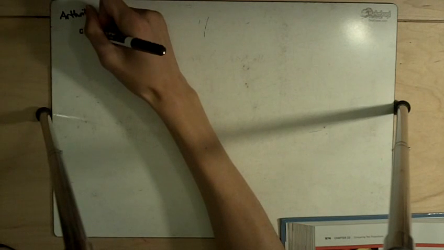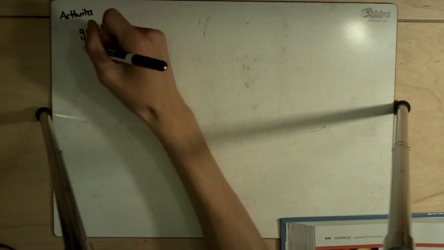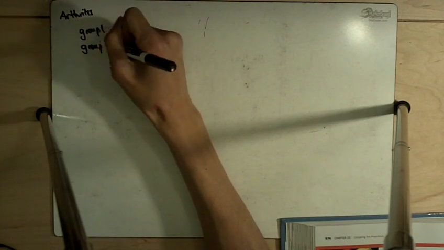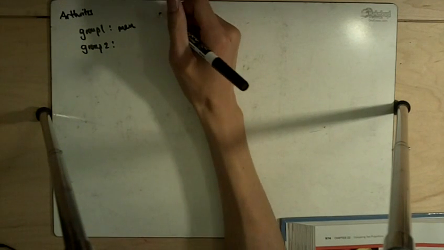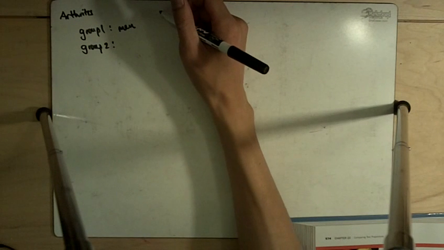Arthritis. The Center for Disease Control and Prevention reported a survey of randomly selected Americans aged 65 and older, which found that 411 of 1,012 men and 535 of 1,062 women suffered from some form of arthritis. So we've got Group 1 and Group 2. Group 1, we will use the men, and it says